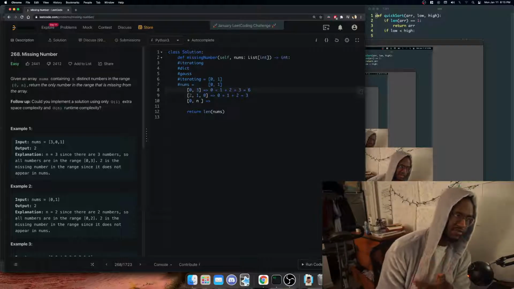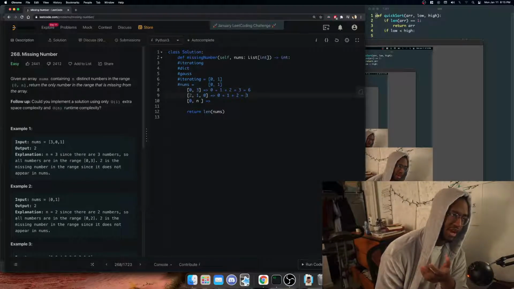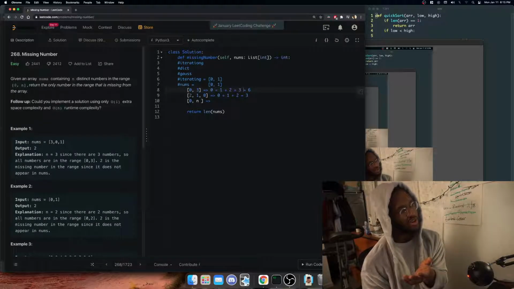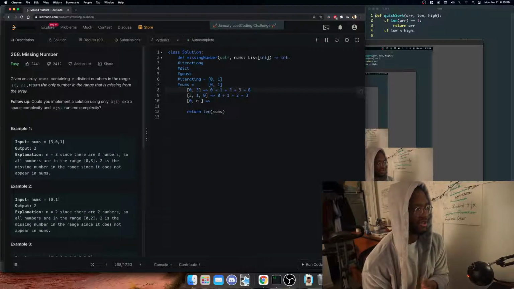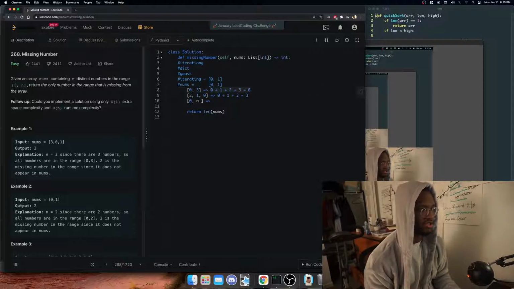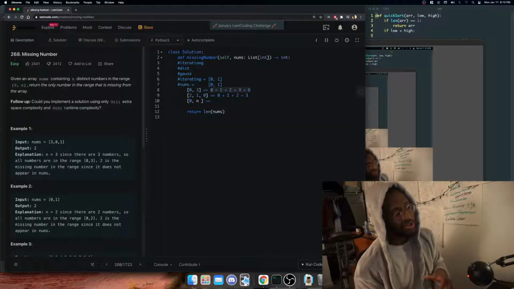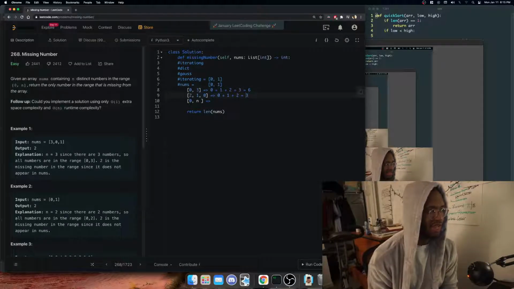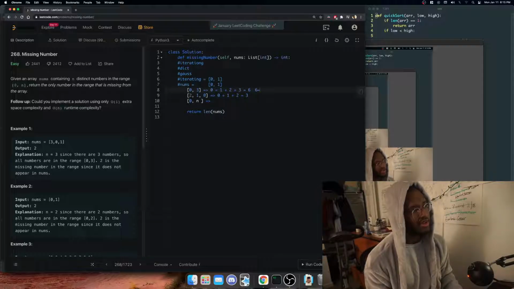And it's crazy because if you think about it, if you subtract the summation of the length of the array, right? Because we have 3 numbers, and if you do this summation, you'll get what the total numbers in the list should add up to, right? You get 6. And if you do it with the list that's missing a distinct number, you get 3. And if you subtract these, you actually get the number that's missing, right? 6 minus 3 equals 3. 3 is the number that's missing,